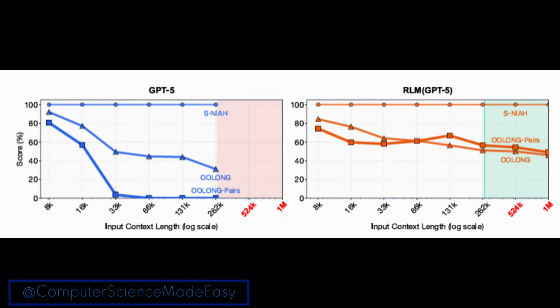And wow, this graph from the paper really just lays it all out in stark numbers. Just look at the performance for a frontier model like GPT-5 on these really tough tasks. As the input length, that's the bottom axis, gets longer and longer, the performance just nosedives. It absolutely plummets. The model is literally getting lost. It just can't keep up with complex reasoning when it's drowning in that much data. This is context rot in action.